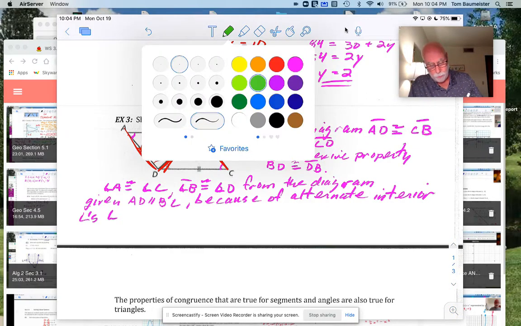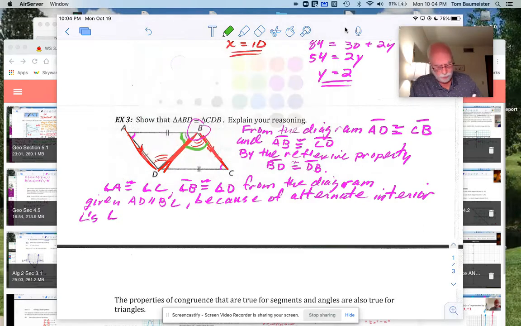So on this one up here, let me just keep it as green because I'm going to show you that I did make a mistake, right? So on that one there, we should say angle ABD,